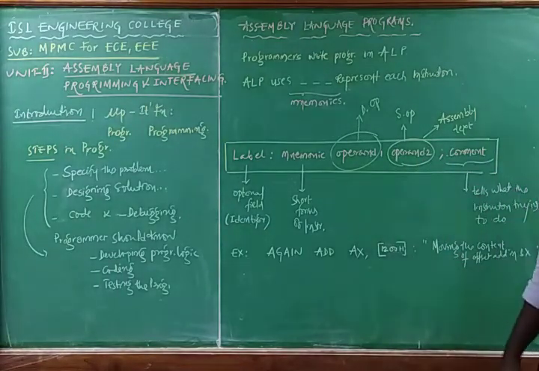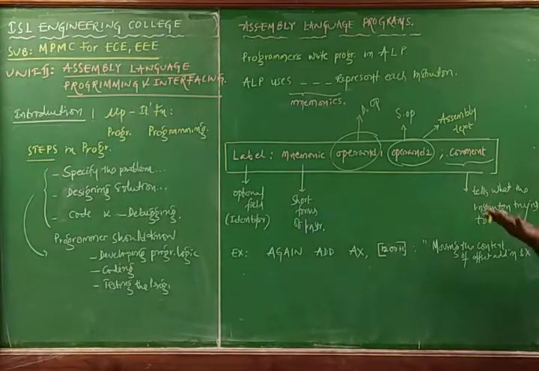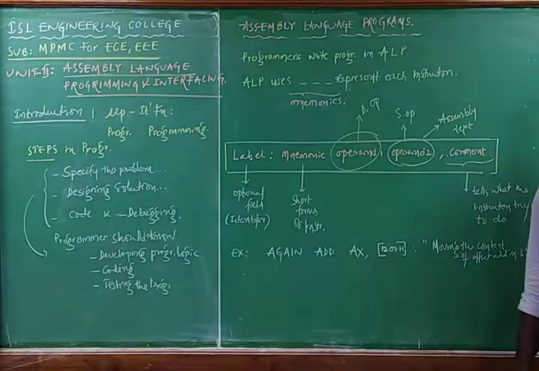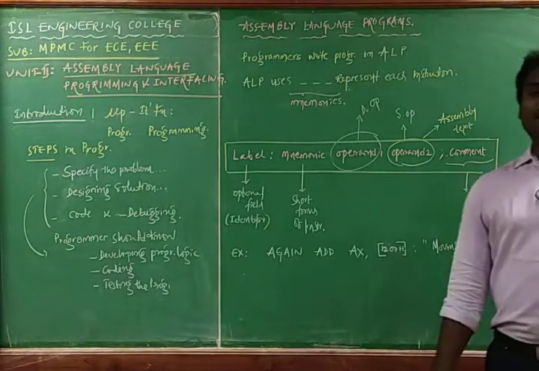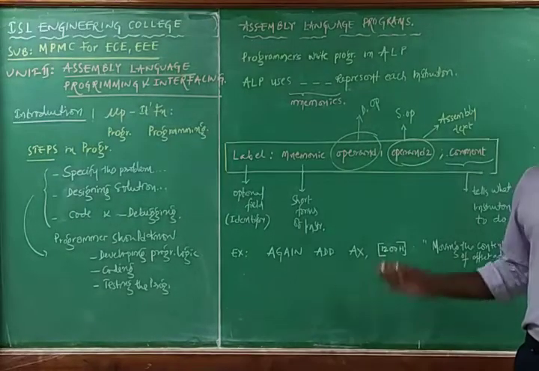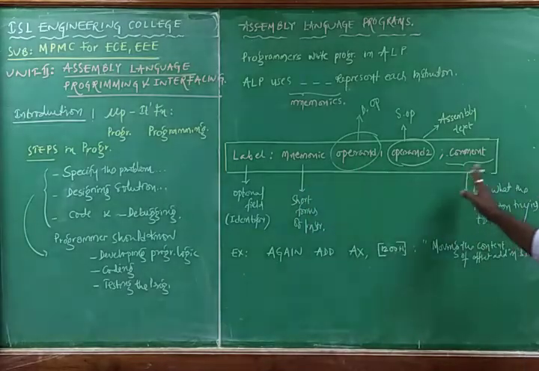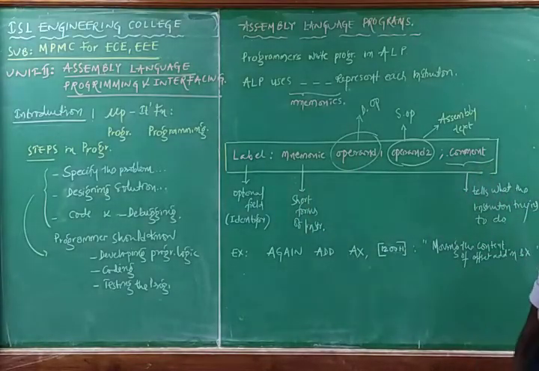By using this instruction, what exactly the operation is going to be accomplished, what exactly the task is going to complete, we will come to know by using the comment. The comment tells what the instruction is trying to do. It is the exact operation we are going to carry out by using that instruction, and it is represented in the comment. I am going with one particular example.